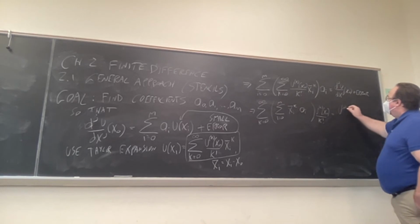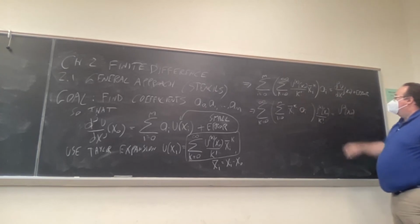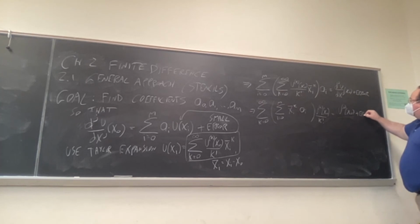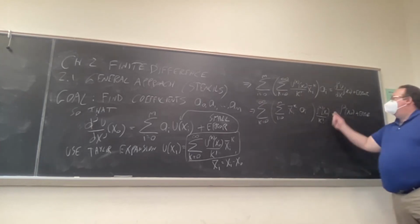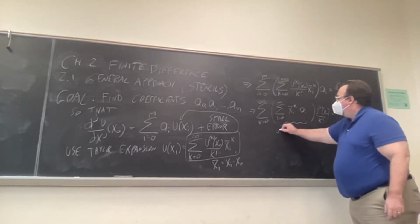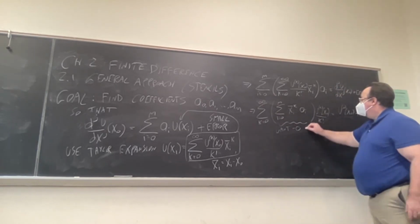Is equal to a jth derivative. So I'm just using the same notation on both sides, but here with j and here with k. All right. So now the way to look at it is, I have a linear combination of all the derivatives of u at x naught, but I want that linear combination to be equal to just a specific derivative at x naught. So the only way I can achieve this is I want what's in these parentheses to be equal to 0